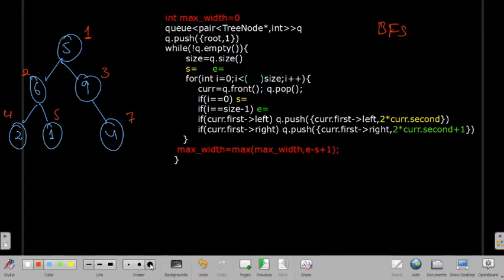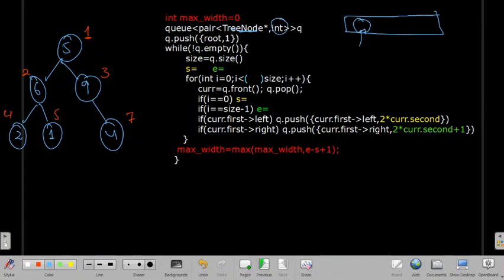So we'll use BFS, and in BFS we have to use a queue, right? In a normal BFS, we use the queue to store only the node, right? But here we also store indexes.